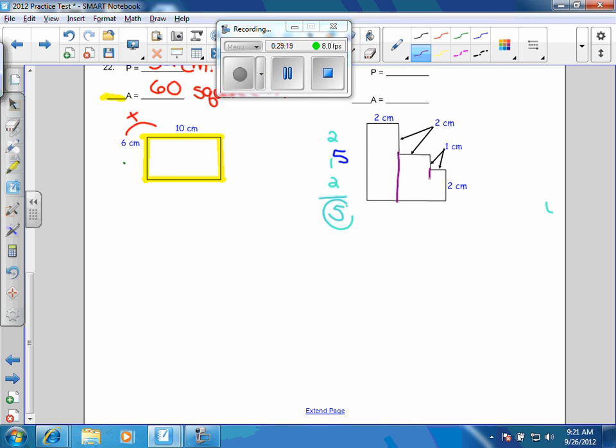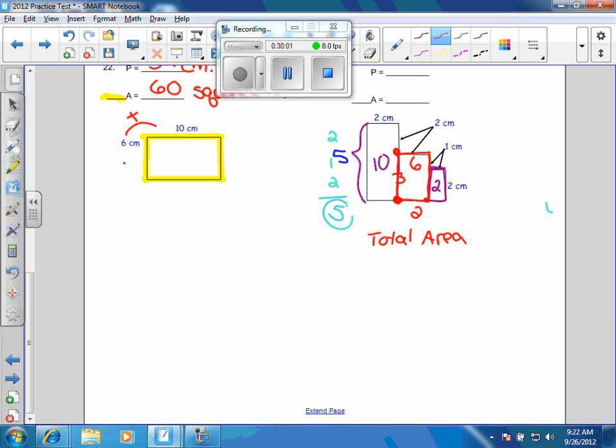This was 2 by 5. So Jackson, now 2 times 5 gives me the area of the tall rectangle. So it's 10. Okay? So this one's 1 unit by 2 units. So what's the area of that? 2. And then Sasha, can you do the middle one? Well, so how much is this from here to here? Okay, how about from here to here? It's 3. So the total, 6. So the total area,